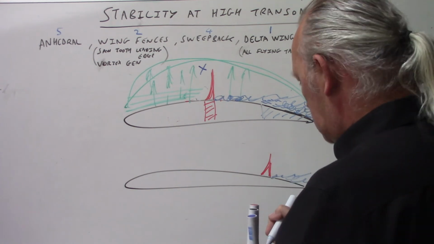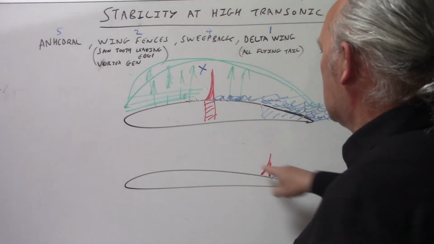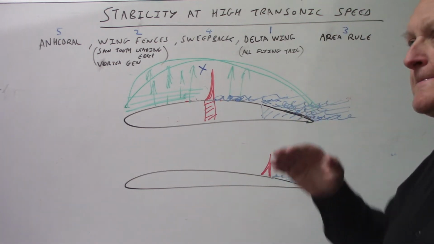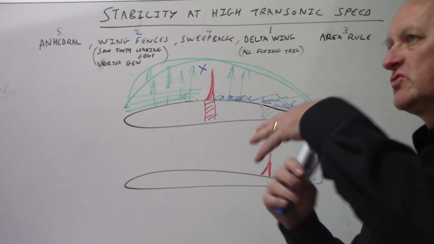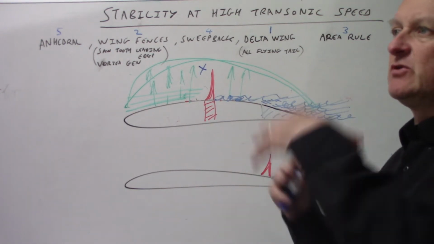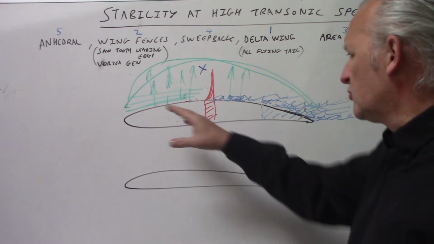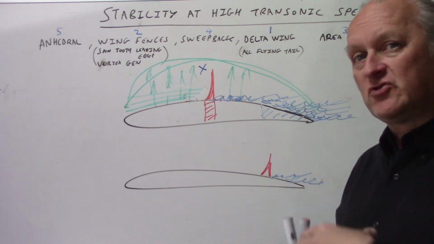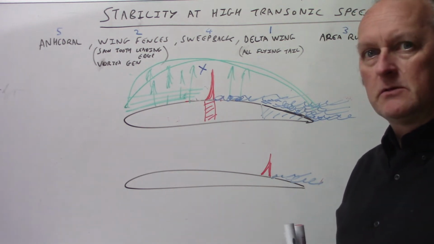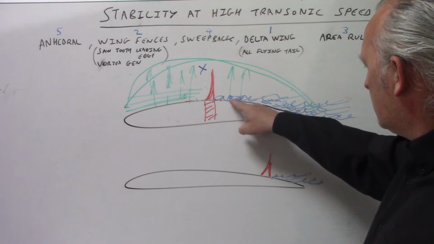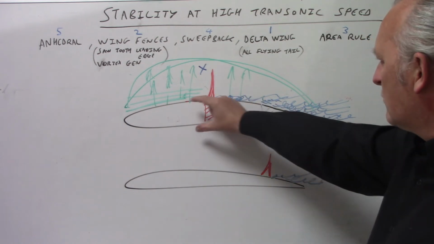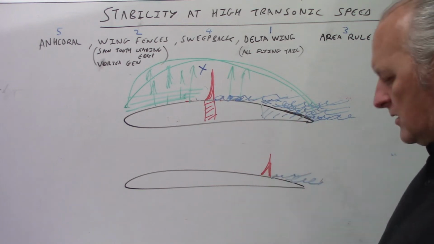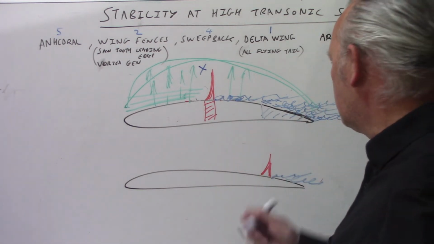A weird thing happens when you start going faster and faster. This supersonic airflow over here was becoming turbulent, because it was moving too fast to stick to the wing and change direction. When it goes supersonic, it sticks to the wing in front of the shock wave a little better. Well, it'll only go to a certain point, so the back end of the wing, once it's gone to this part here, as the shock wave comes back,